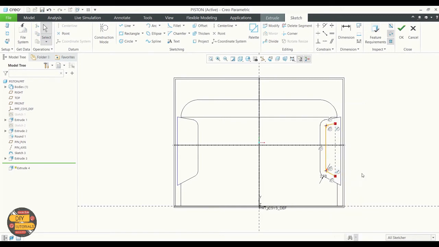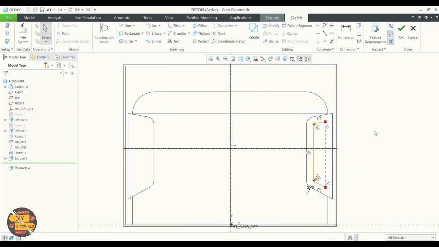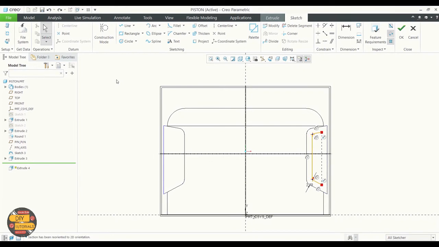Delete one of the lines by right-clicking and selecting Delete. Project it by selecting the line to be projected to. You can corner